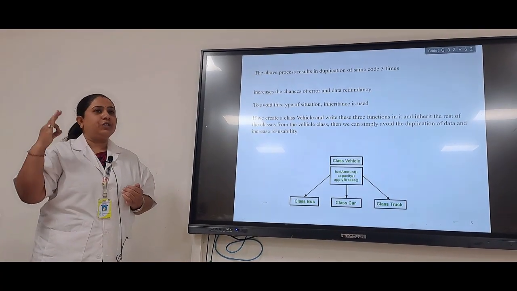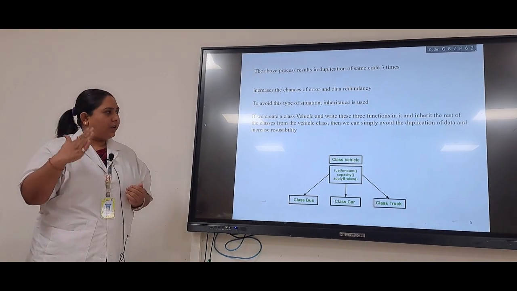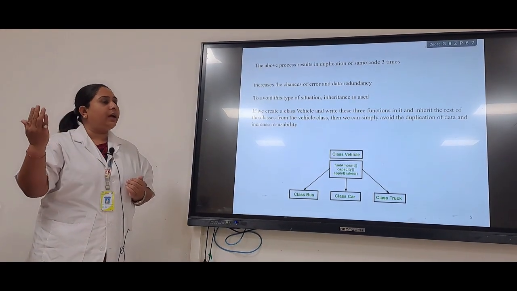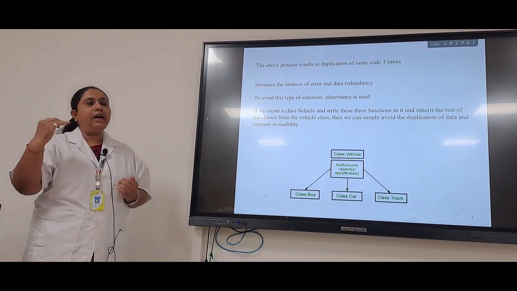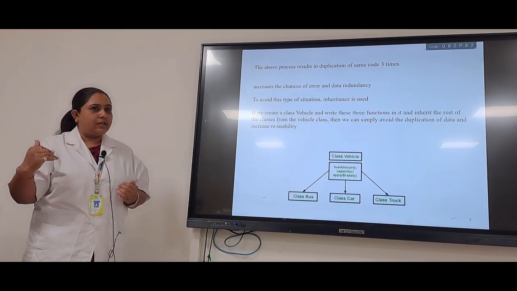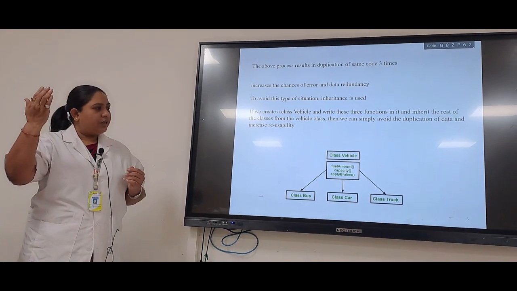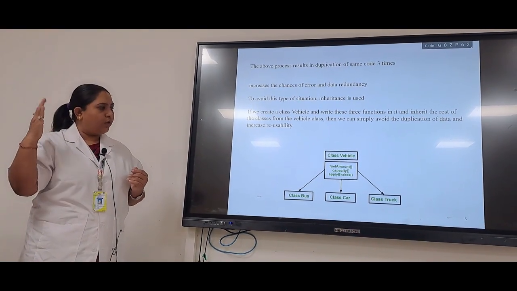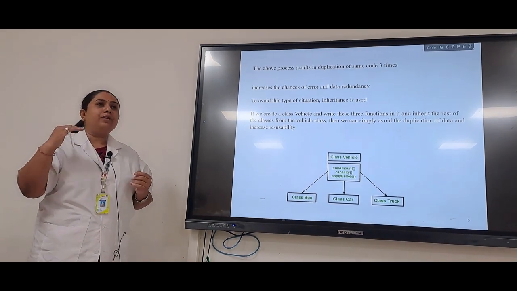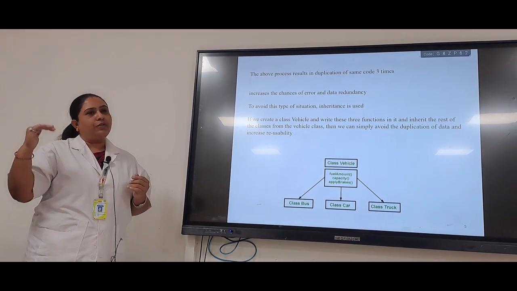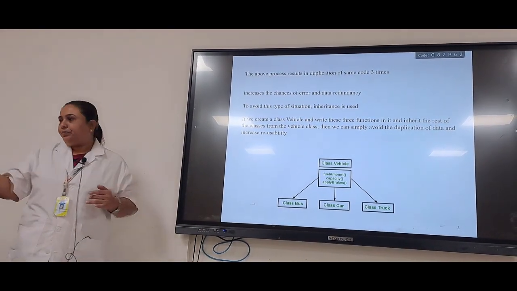Then I will create three different classes, bus, car and truck, and inherit them from the vehicle class. As you can see in the figure, the class vehicle has functions like fuel amount, capacity and apply brake, and I have derived three more classes from the vehicle class. I hope this is understood by everyone.